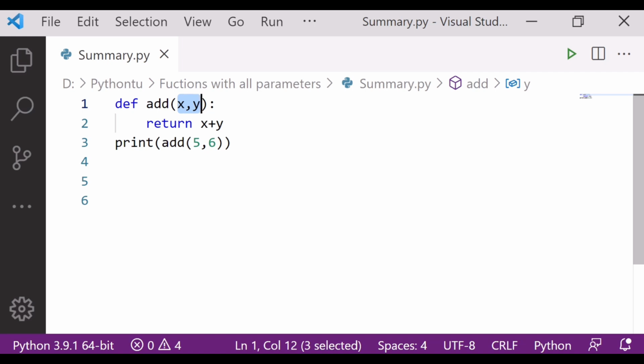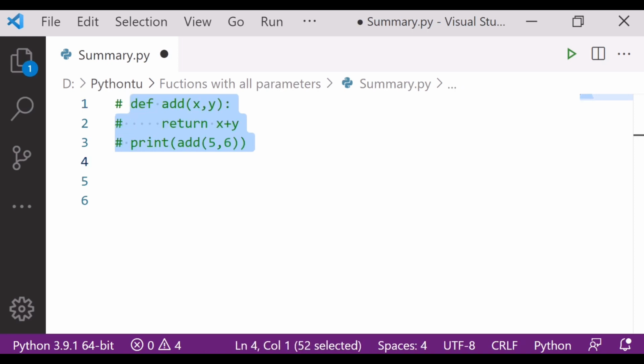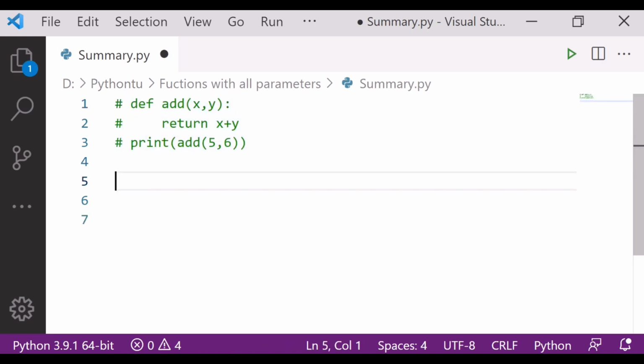To make it easier, we use args. With the help of args, we can add as many numbers as we want by using the asterisk symbol. So we can use args as a parameter over here. Now let me comment this out and define a new function.